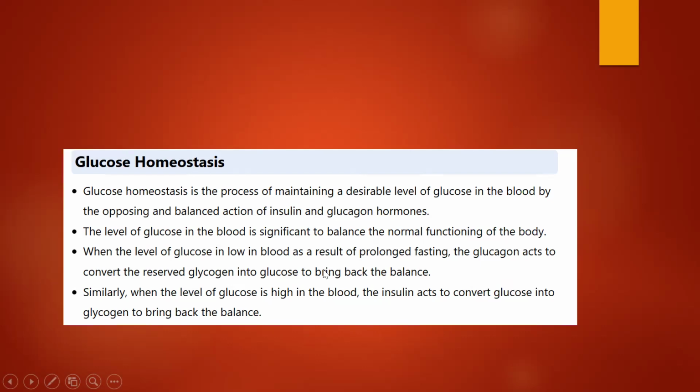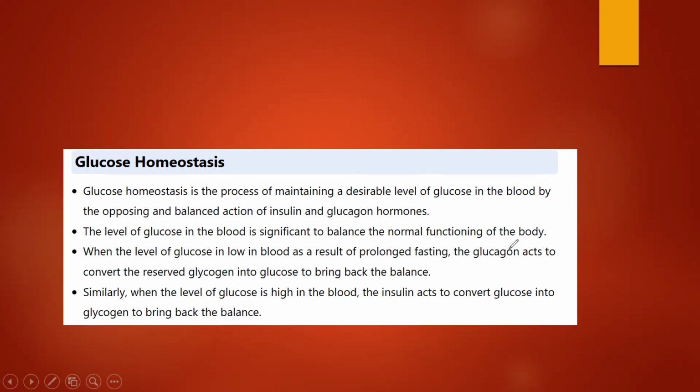When the level of glucose in the blood is low as a result of prolonged fasting, glucagon acts to convert the reserve glycogen into glucose to bring back the balance. What does it mean? The important thing is that when the glucose level in the blood falls as a result of fasting,